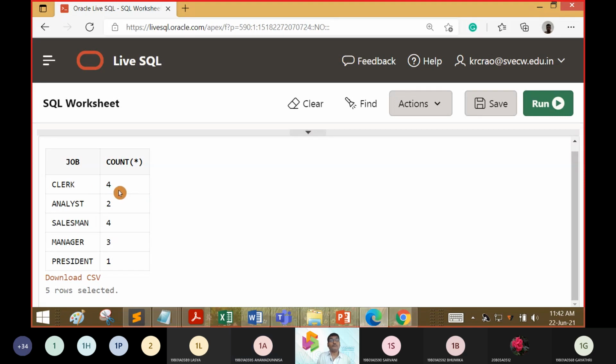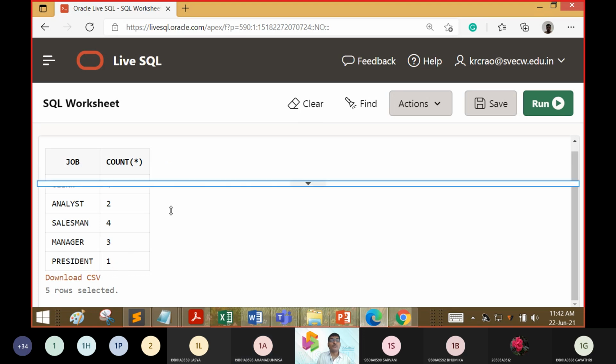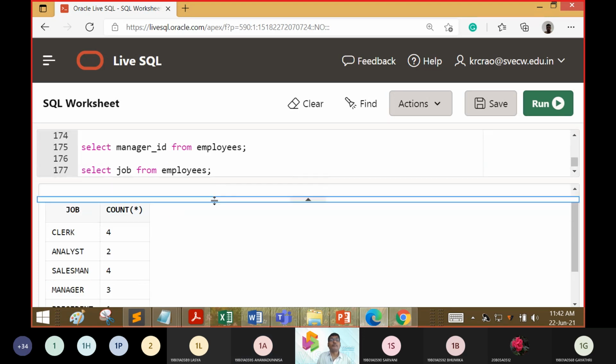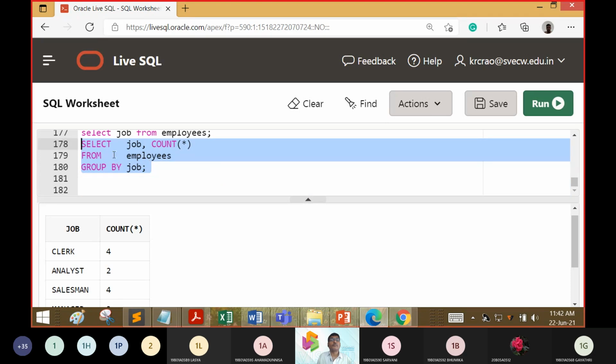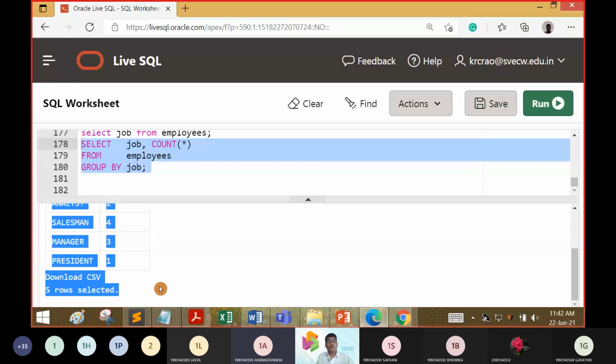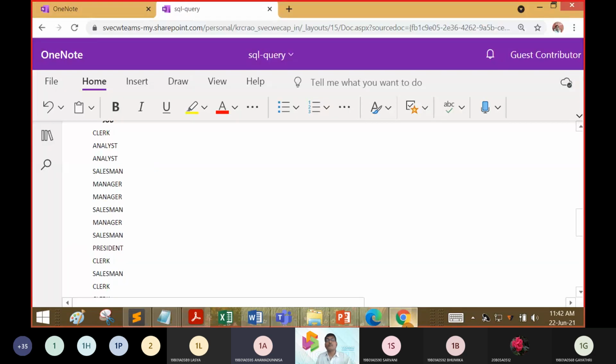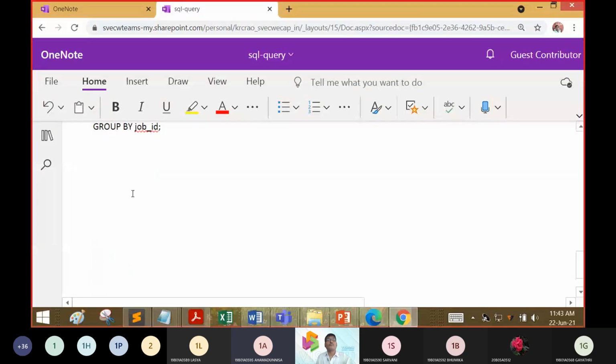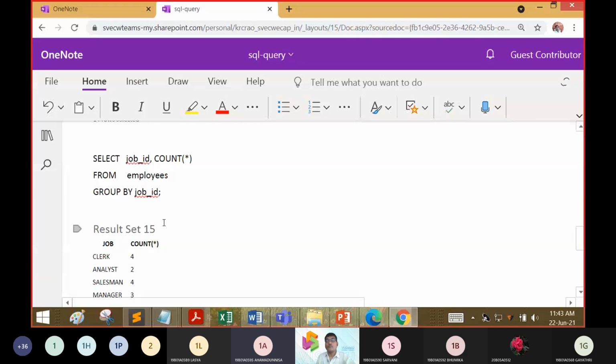Yes, clerk 4, analyst 2, salesman 4, manager 4, and president. How did it come? The number of clerks will be displayed, sir, as we are grouping it by job. Count will give the number of rows, right? So it will give the number of clerks and so on.